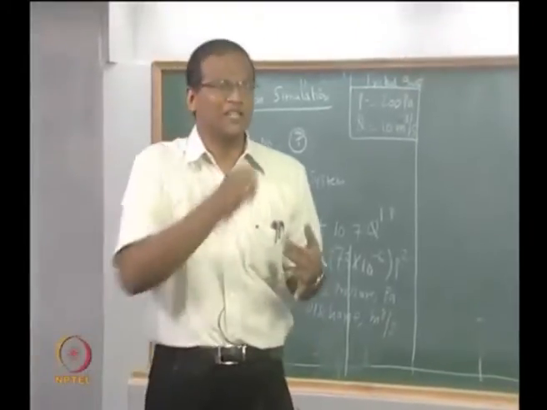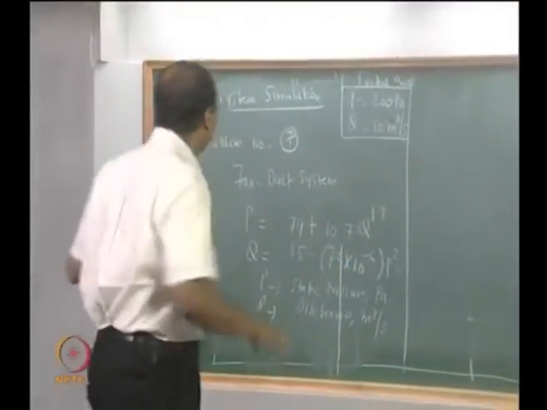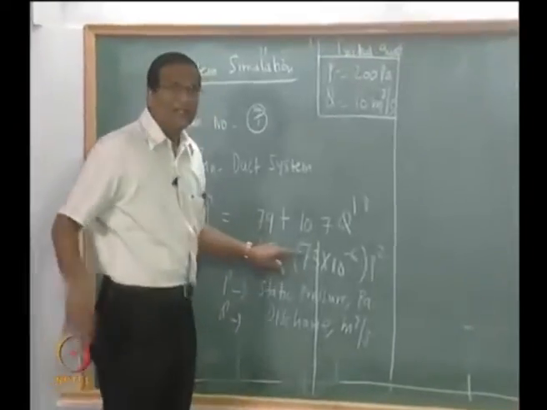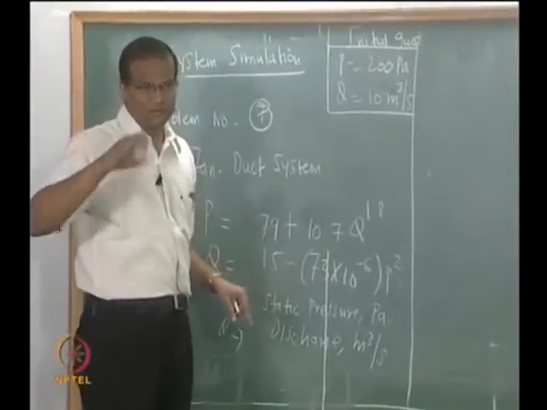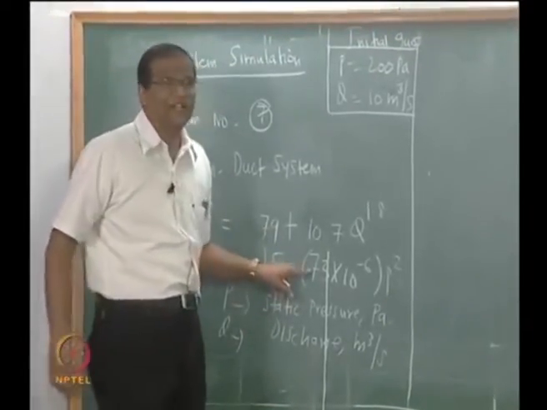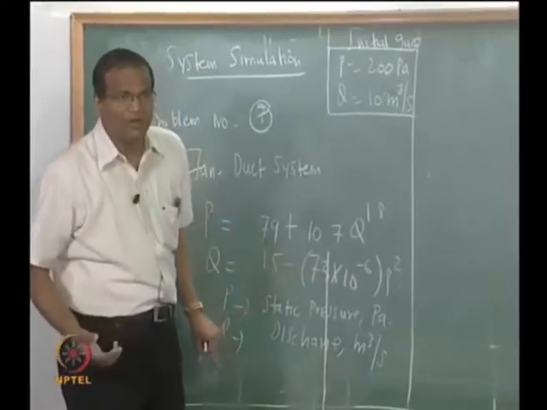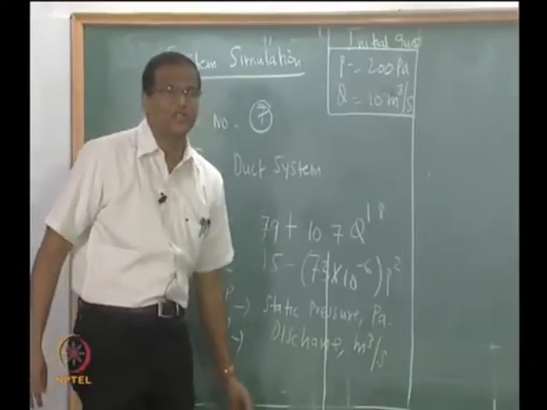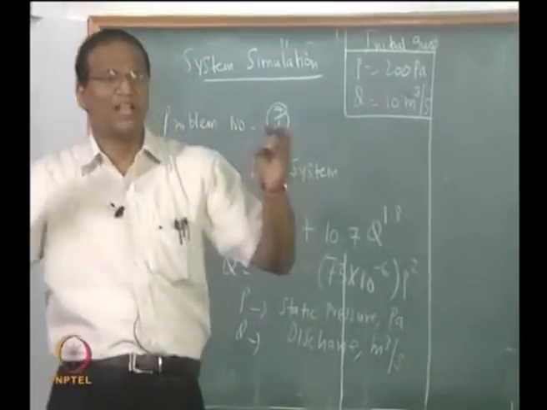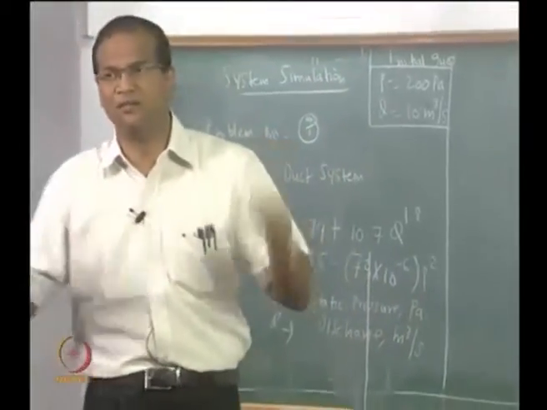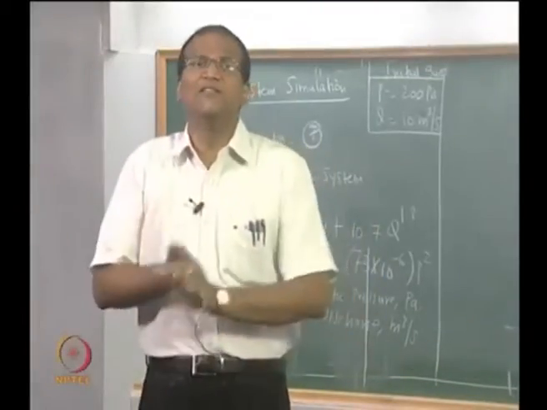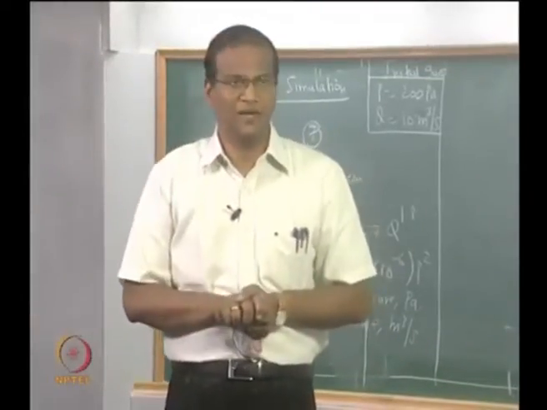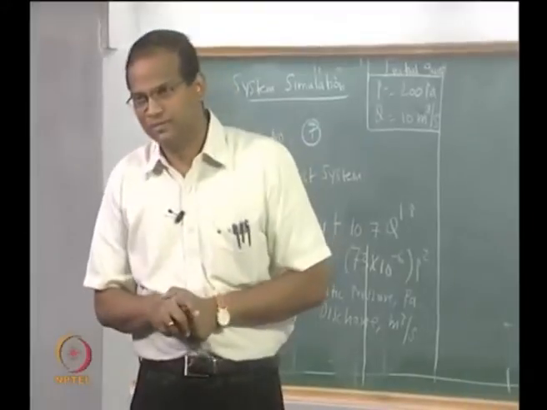So I want you to appreciate the physics behind this equation. This equation we cannot get from physics; the manufacturer has to do the experiments and give it in the manufacturer's catalog. It is called the fan characteristic. In turbo machinery you must have studied pump characteristic, blower, axial fan, turbine characteristic. They have to give this. This is a fundamental experiment they have to do and give it to the user.